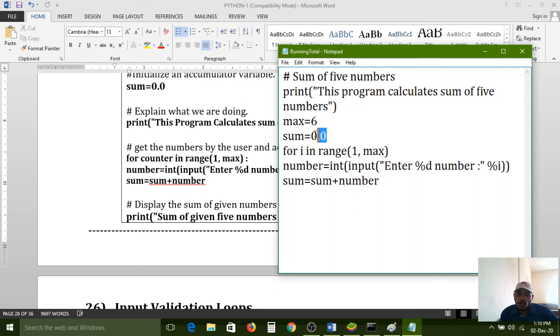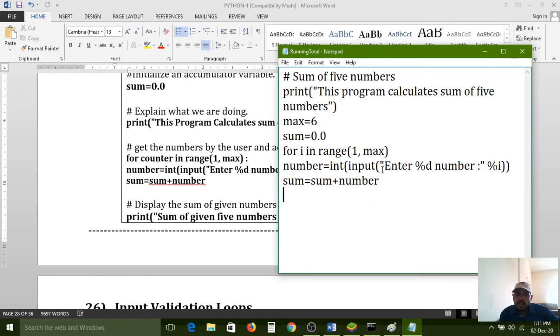If you assign 0 to the sum variable, then the sum variable is correctly represented on the screen. Here the sum variable is replaced with 0.0, and whatever input you entered is stored in the number variable. That number variable is also replaced with that input.